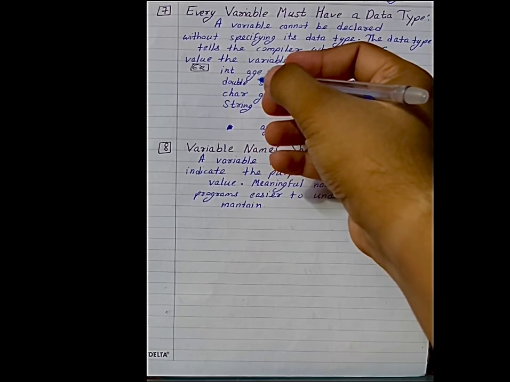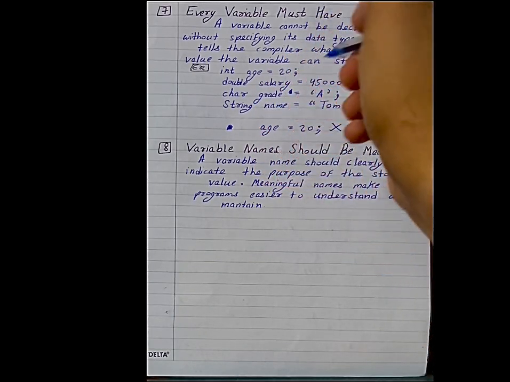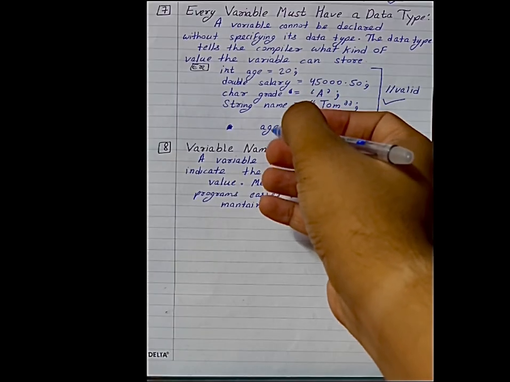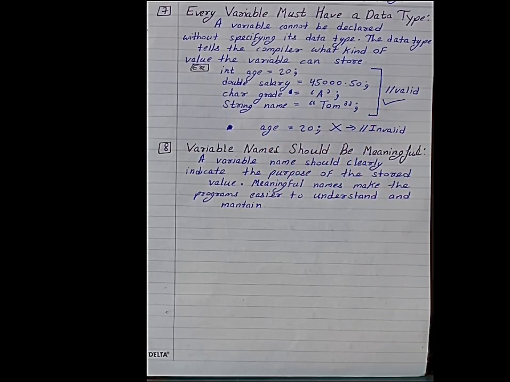If we don't add a data type, then the compiler can't determine what kind of value we are storing. Same like this: if we just write age equals 20, then there will be an error. So the next rule is variable names should be meaningful, which means